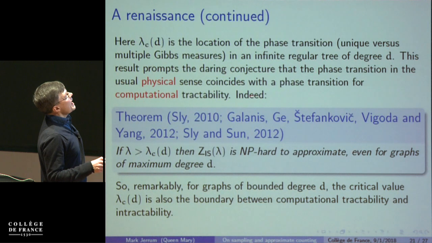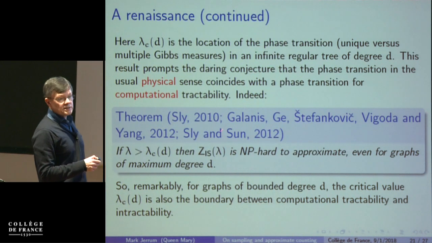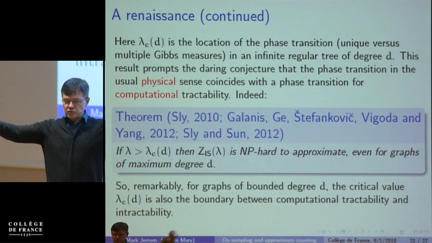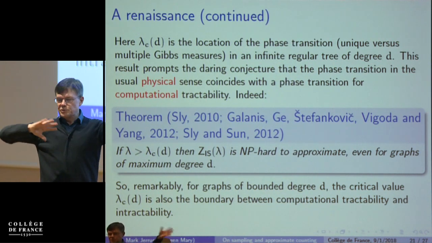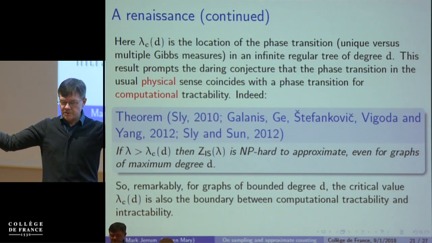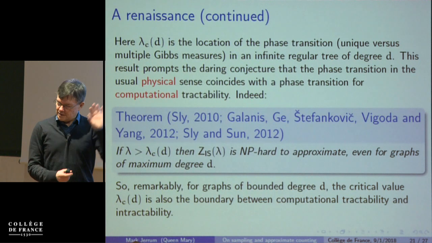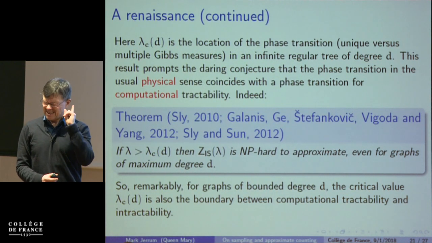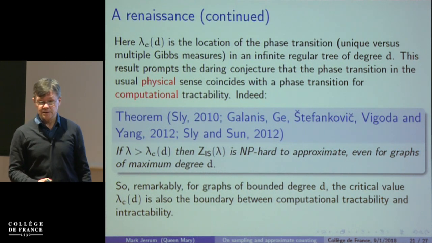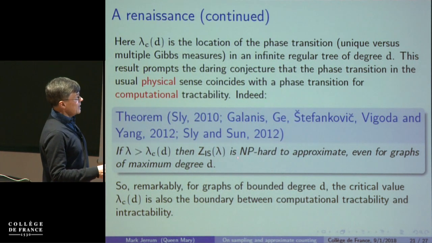And so somehow this phase transition coincides, in the physics sense, it is completely in the physics sense. It's talking about an infinite tree, the existence of multiple Gibbs measures, whatever they are, in this infinite tree, which is what the physicists are interested in. The transition there is at a lambda which is exactly the same as the lambda which is the transition in the theoretical computer science sense between the tractable and intractable. And I find this amazing, but it's true. And here's the other half of it.